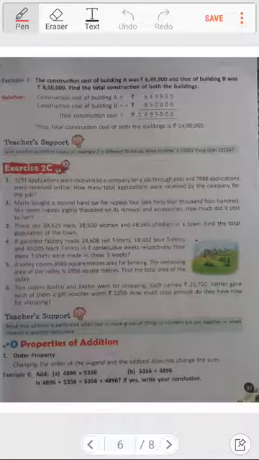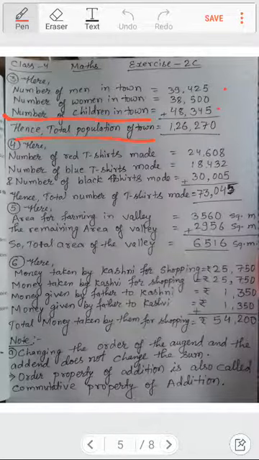Okay. Now if you see question number 4: a garment factory made 24,608 red t-shirts, 18,432 blue t-shirts and 30,005 black t-shirts in 3 consecutive weeks respectively. How many t-shirts were made in these 3 weeks? So what we will do, we will add. Here also it is saying in 3 weeks, that means total 3 weeks are there, so we have to find the total.